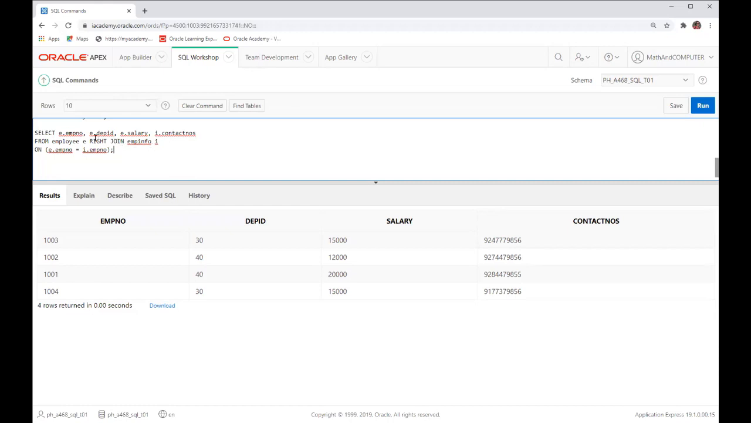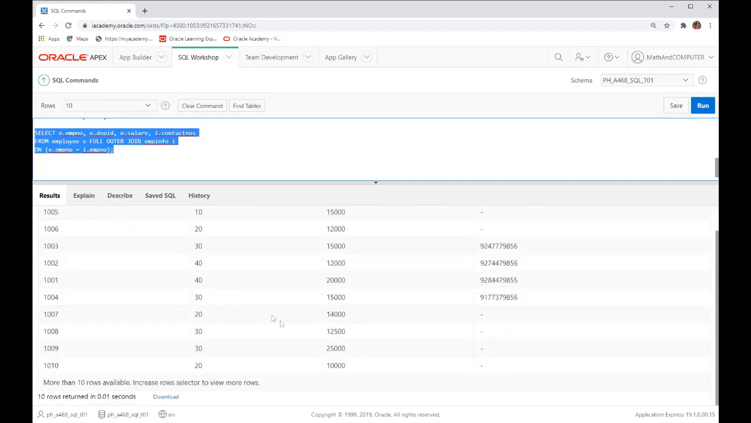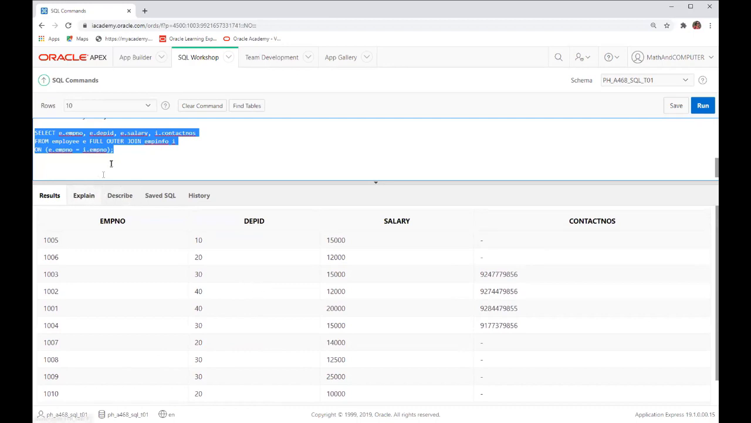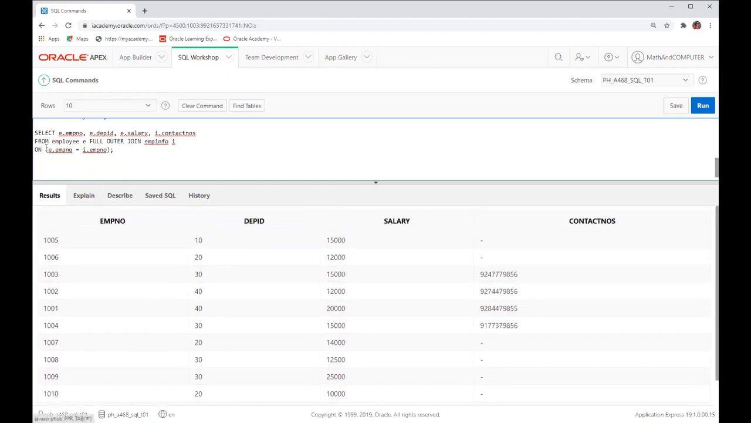So let us now use the full outer join. Let us type full outer join, or full join, with the same table names, the 2 tables. So we have the full outer join. Again, we have 10 rows returned, but as you can see, for the full outer join, it will display all the data from